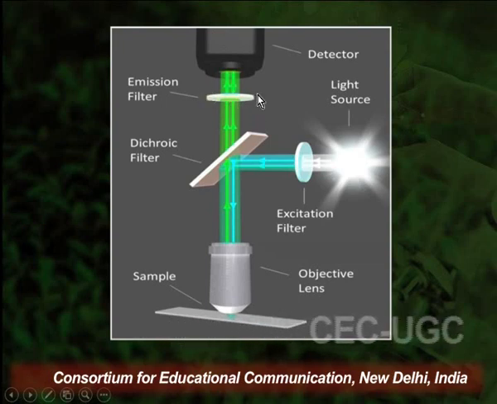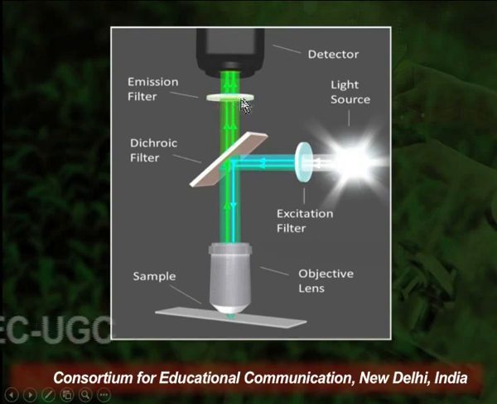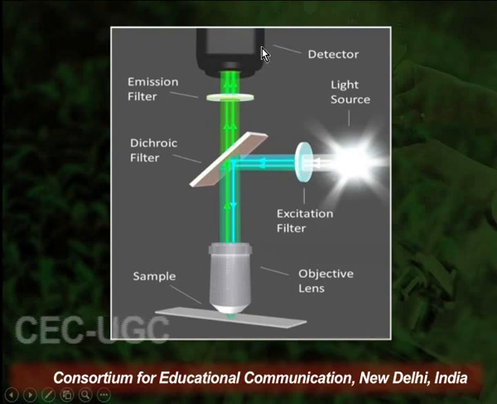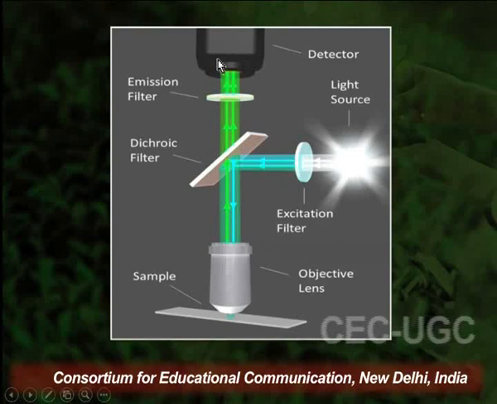The function of the emission filter is to stop any other wavelength of light except the emission spectrum. So to an eyepiece or to an observer, only those structures will be visible which are stained with fluorophores in a background which is absolutely dark, and this creates a very sharp contrast, and thus the detailed structure of any